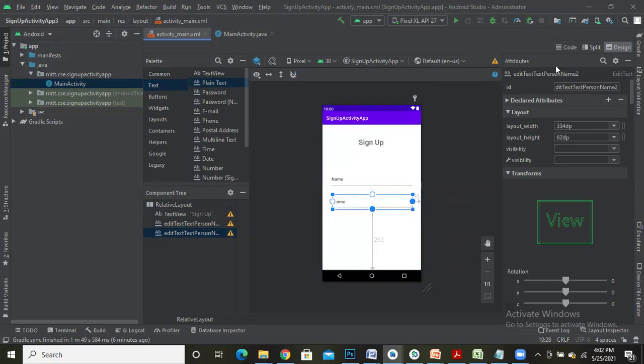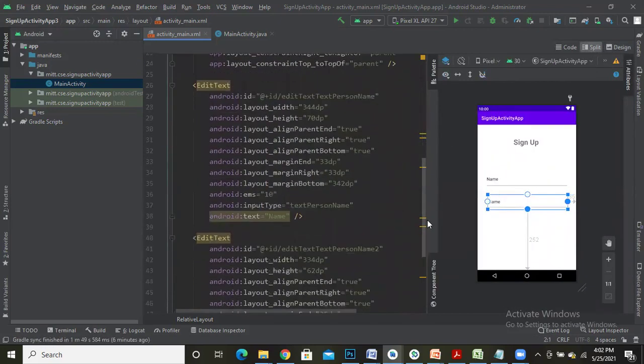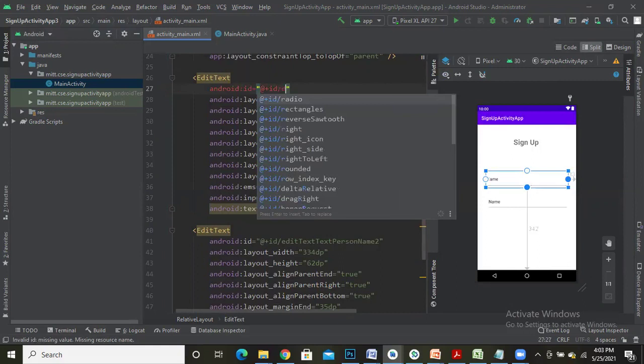Okay. Now come to the split mode. You can see two edit text fields have been added.